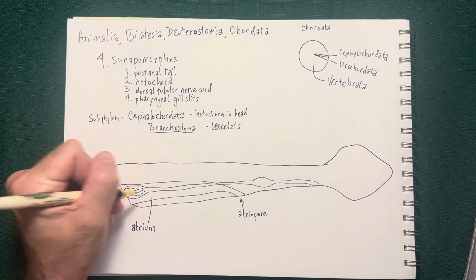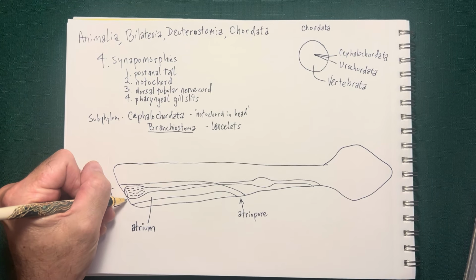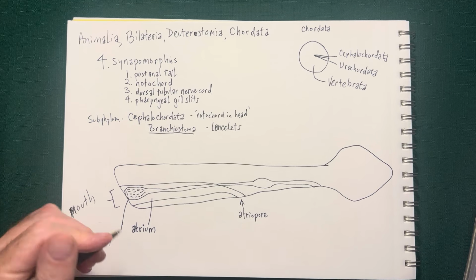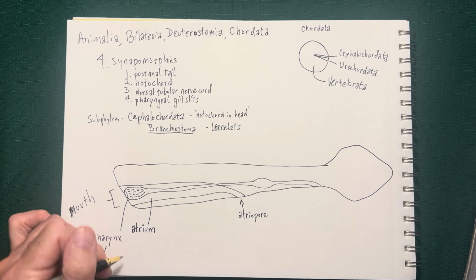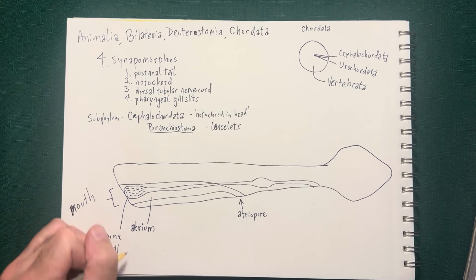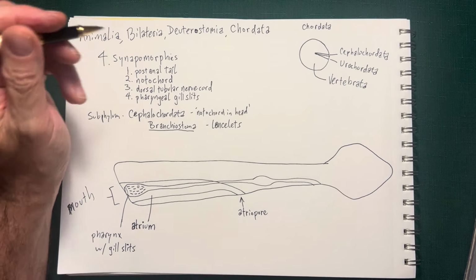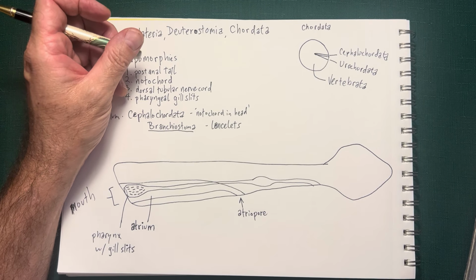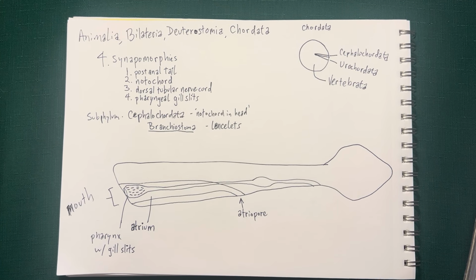you notice I've drawn this widened out area here. And this is called a pharynx, with gill slits. Okay, so these are filter feeding animals. They live in shallow marine habitats. And they don't have any limbs to shovel food into their mouths, so they have to filter feed, which means they take